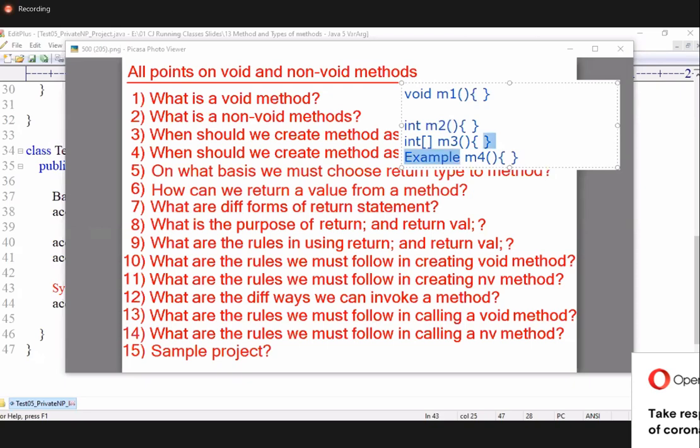Example class object. How to return a value from the method body? The return type specifies what type of value will be returned from the method, but it will not return the value itself. Who will return the value? The return keyword. The return keyword will return the value: return 5;